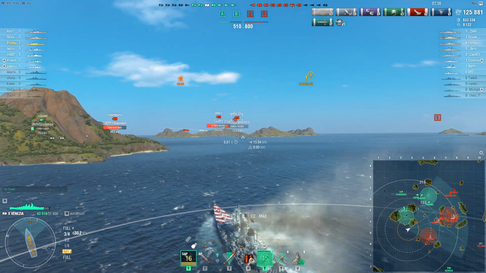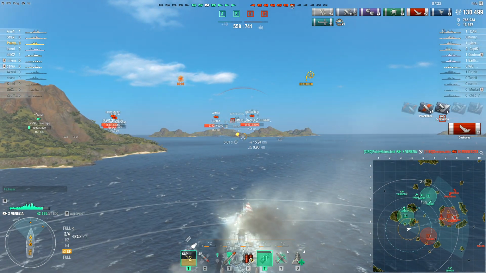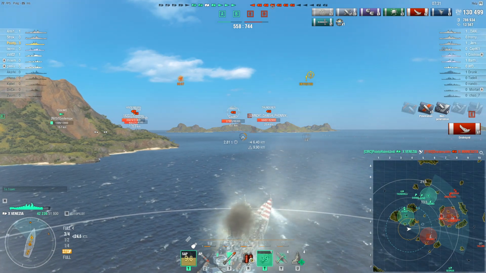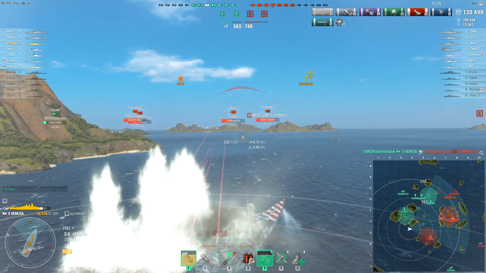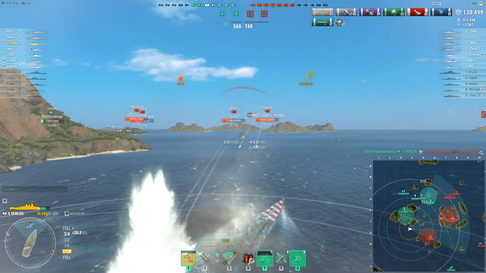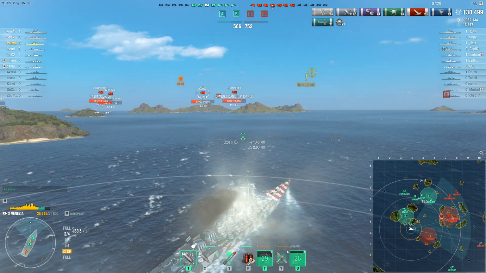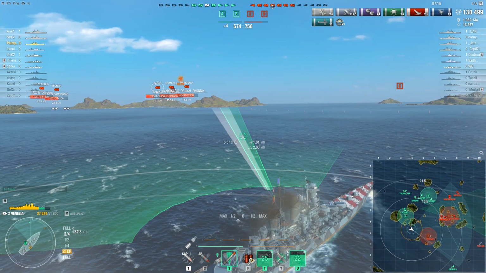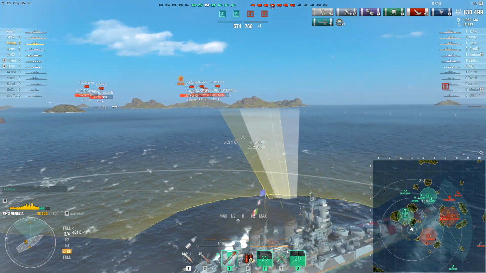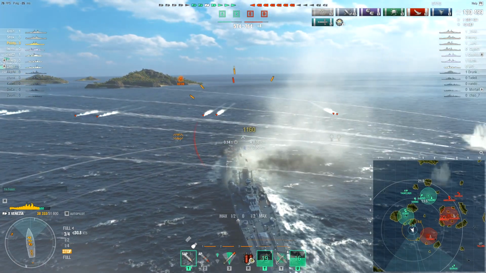Now I'm trying to break contact here and it's not working, so I can immediately tell the Yugumo is close enough to spot me while I'm in smoke, so I have to now hold fire and hope that I can make the turn that I want to make without getting hit. So there we go, that works. And am I going to put more torps out? Yeah, okay, it's just a widespread there